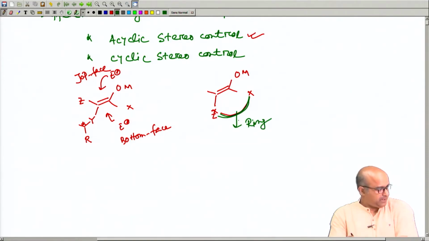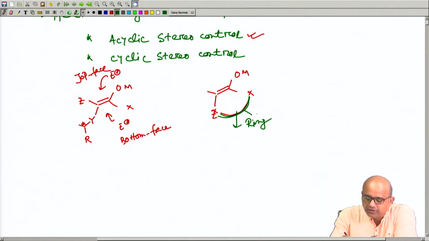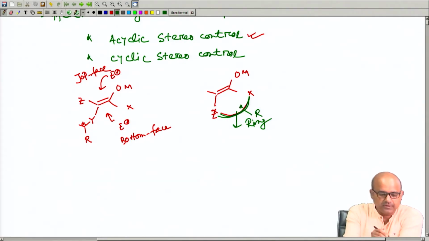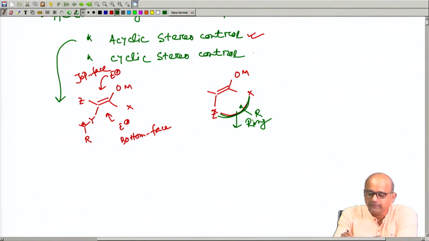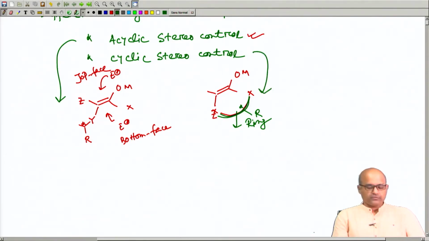Now, in this ring you might have a pre-existing functional group with a stereocenter. So, the first one falls in the category of acyclic stereocontrol, and the second one falls in the category of cyclic stereocontrol. So, we will be trying to discuss both the things in detail, and in the cyclic stereocontrol there are two